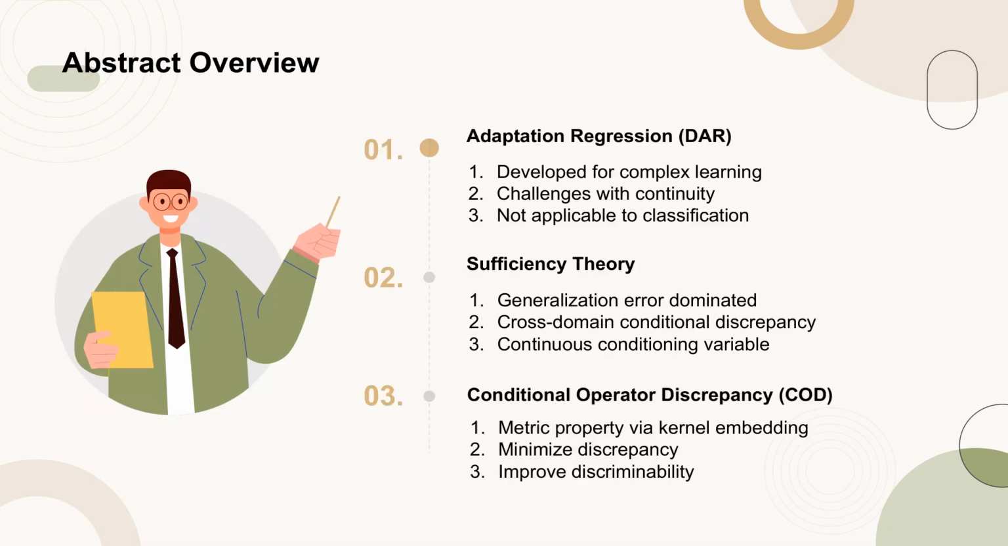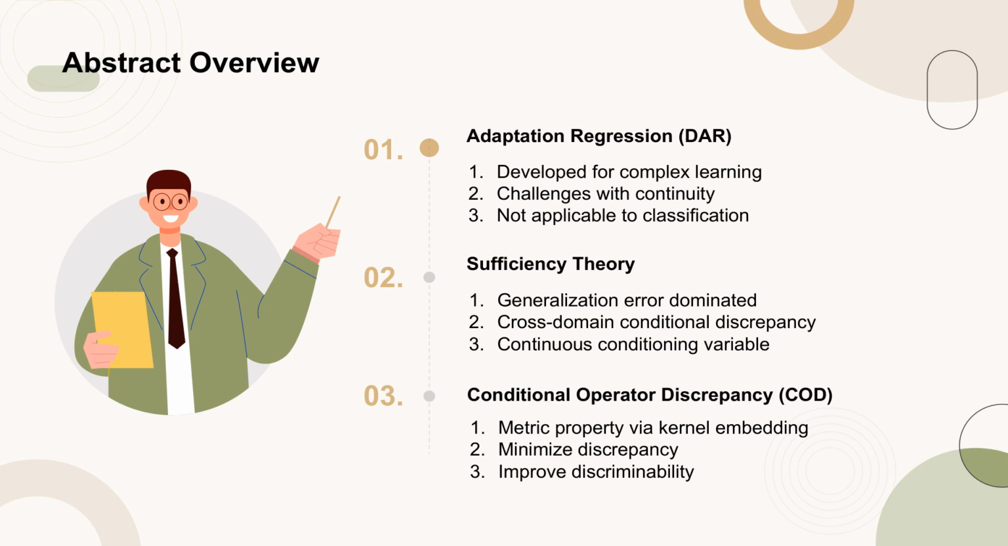The abstract introduces the development of domain adaptation regression (DR) for complex learning problems. It highlights the challenges posed by the continuity problem in regression, which makes existing methods effective in classification settings inapplicable. The authors establish a sufficiency theory for the regression model, demonstrating that the generalization error can be sufficiently controlled by